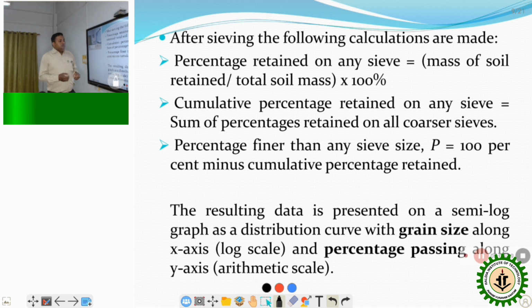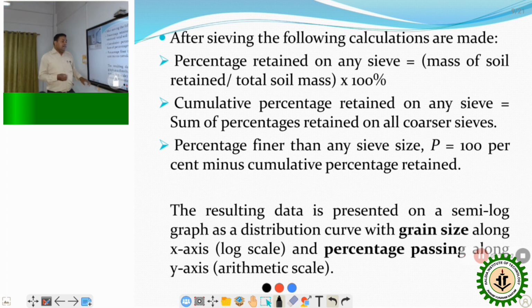So, from this data, we are getting the particle size, which is equal to the sieve size. The soil mass that is retained on a particular sieve has that sieve's size as its particle size. From this calculation, we are getting the percentage finer. Now, these two data, the particle size and the percentage finer,